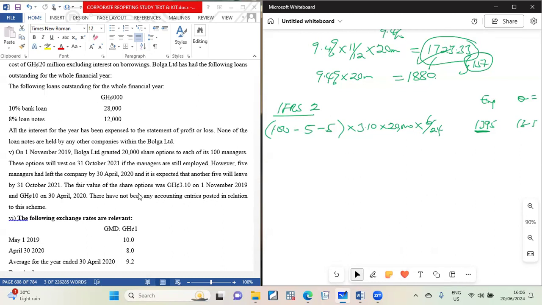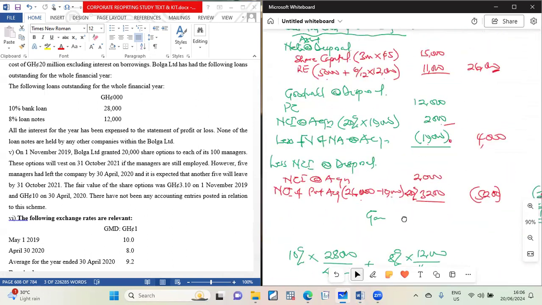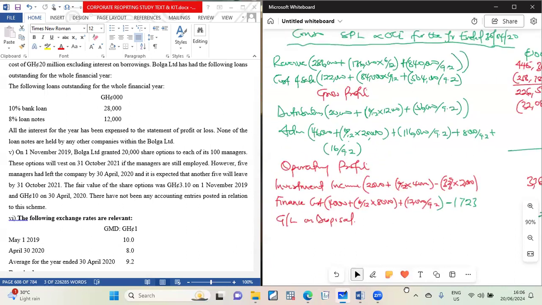So no entry has been done for this at all. Either you add it to the fund. Okay, this is actually not a borrowing, it's about share-based staff. So for staff, let's add it to our administration. All right, it's about staff concept. That is what we do in